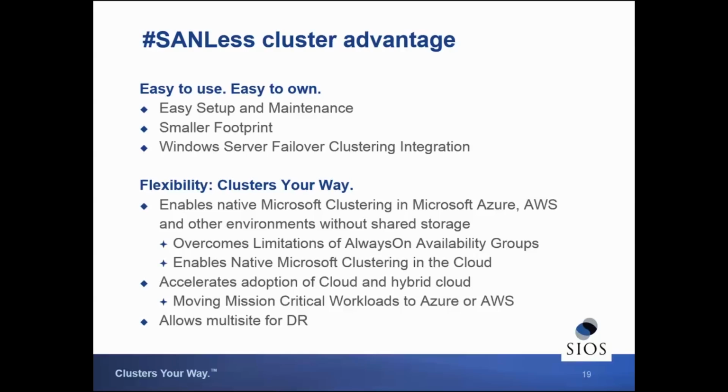And you can use this with a combination hybrid mode where you have one system on-premise and one system up in either Azure or Amazon. And so you can use that to migrate into the public cloud without having to take large downtimes or rebuild systems from scratch. We can even go multi-site with this. There's no restriction that these have to be together in the same location. The only catch with that is if you're going to do multi-site with Standard Edition, you have to stretch your network subnet across there.